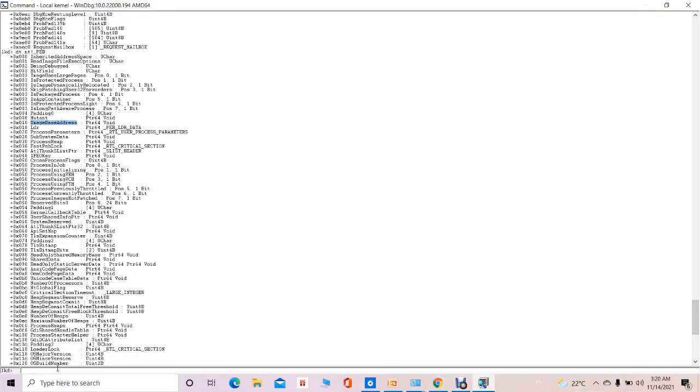Then there is another structure, for the object types, to understand the information which is common to all the objects of the same type. In order to understand that, we have to use the command dt space nt punctuation symbol underscore object underscore type.